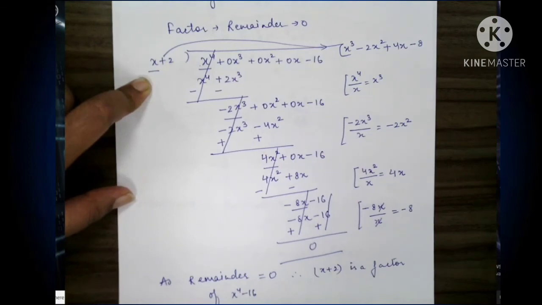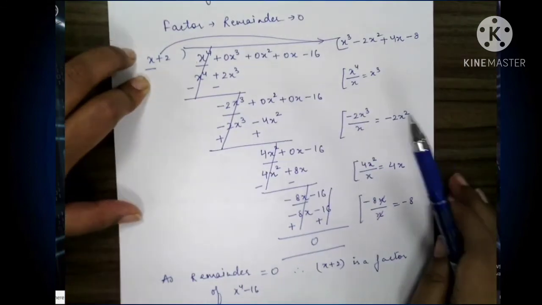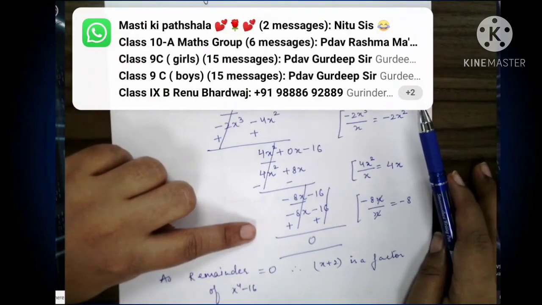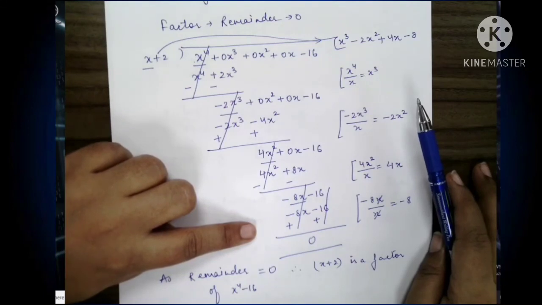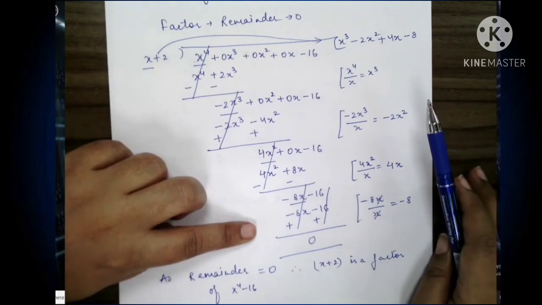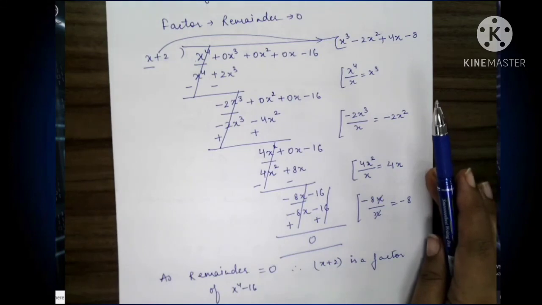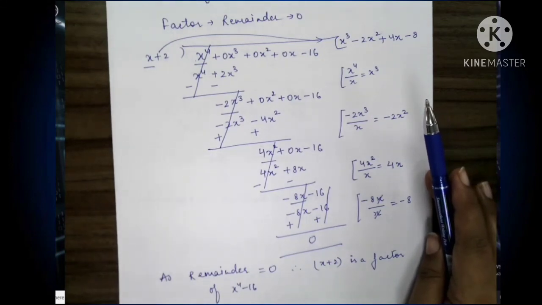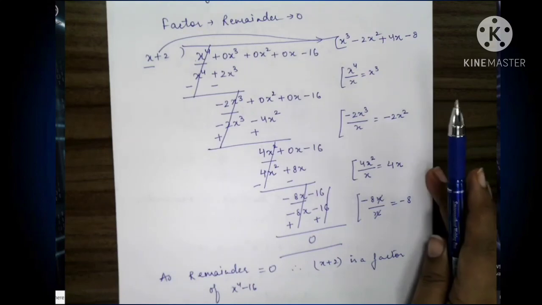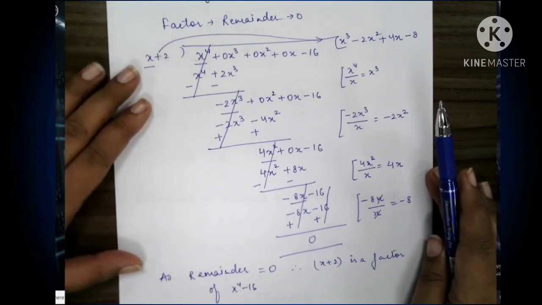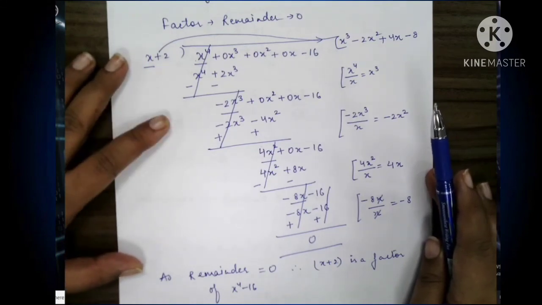So I hope this is clear to all. We have to do normal division as we did in the last question. If your remainder is coming as 0, that time it will be a factor. If remainder is not equal to 0, that time it will not be a factor. We have to keep this in mind. In the similar manner, we have all the parts of this question number 3. Wherever you are getting the remainder 0, that is your factor. If your remainder is not 0, it is not a factor. Okay children? So try this question yourself.